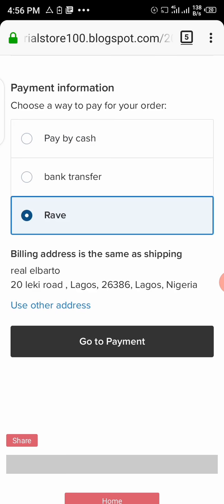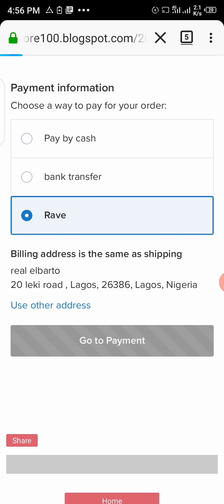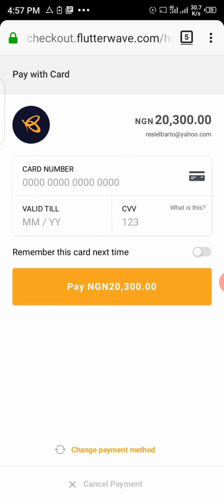Click on that. So you see, for that product, the necklace, the customer will be paying 20,300 naira, as easy as possible. You see how it is. So the person will now have to pay directly by adding his or her details. But if he doesn't want to use Flutterwave,